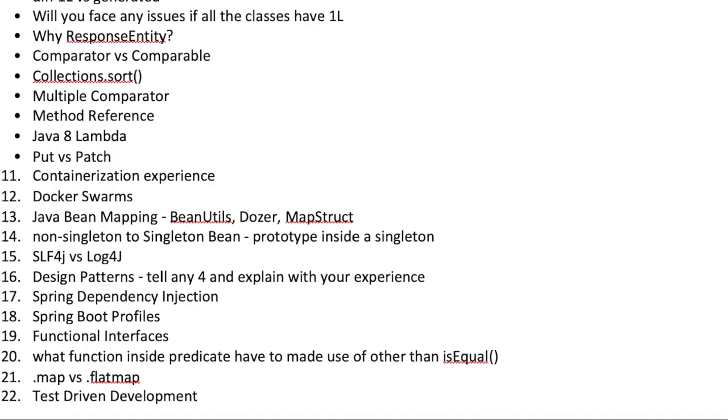And then flatMap is like, let's say you have list of list of integer. Let's say you have three different lists of integers and you want to combine all these into one list, and you want to flatten out the result. That's when you go for flatMap. It's pretty straightforward. There are multiple examples available on the internet. Take a look at that, it's pretty good to know these things.